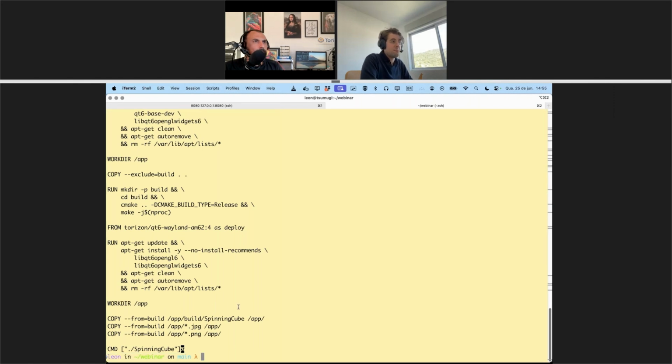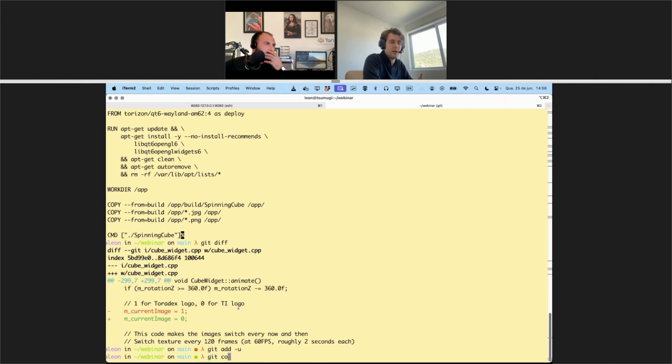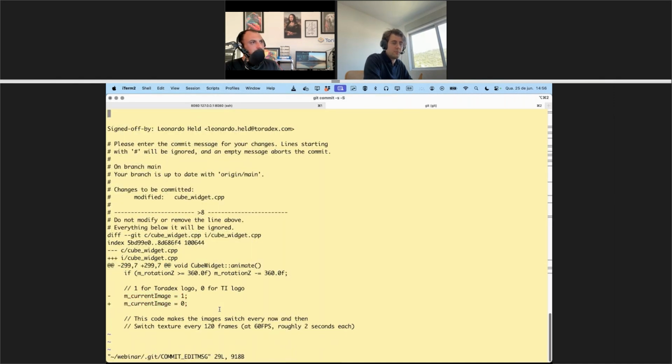So we can already build this. So if we do a git diff, we're going to see that we have some change. I want to commit these changes, right? So I'm going to add them and create a new commit. So this is 0 for the TI logo. So change to show the Texas Instruments logo